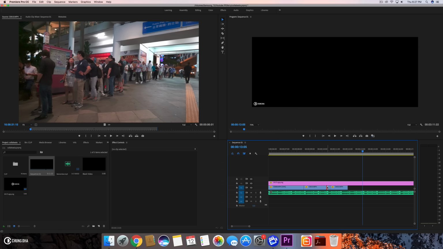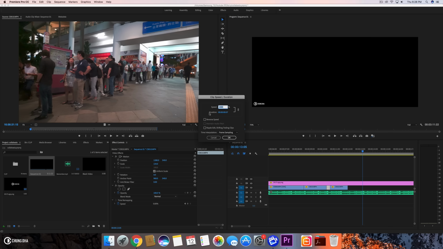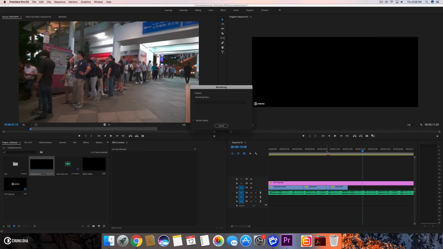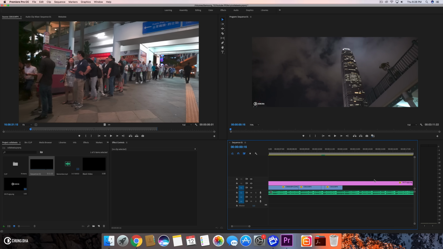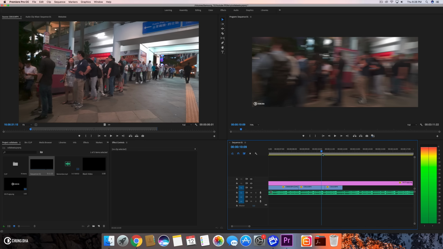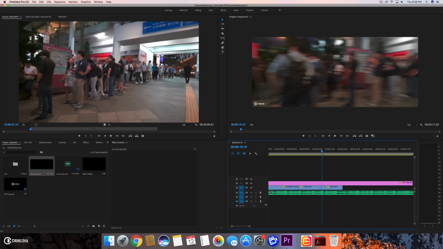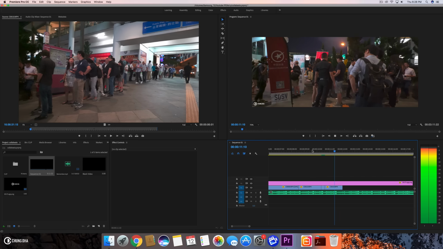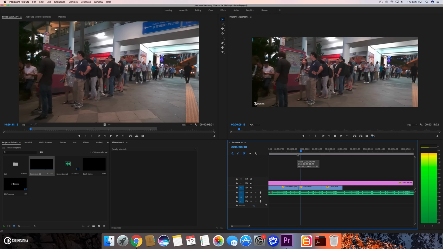And also we're going to change here to frame blending. It will add a kind of motion blur to it. So here we see a red line for the first time. We're now going to hit enter on the keyboard to do a pre-render. It's pretty quick, and it will add that motion blur that previously wasn't actually in the shot. So we'll just do like a quick pan,